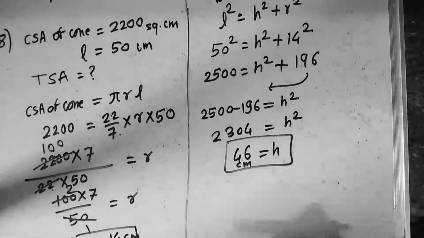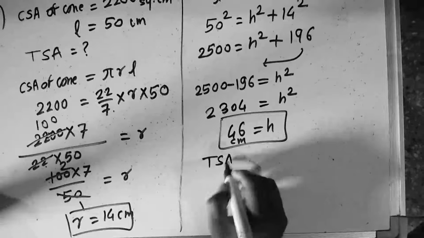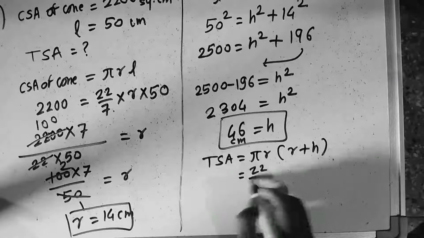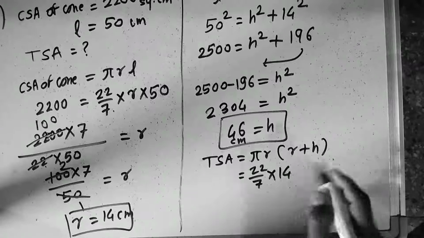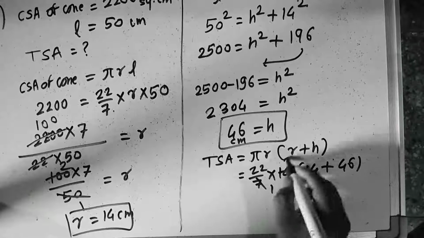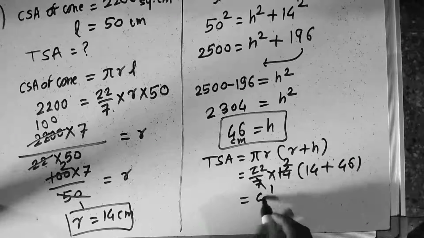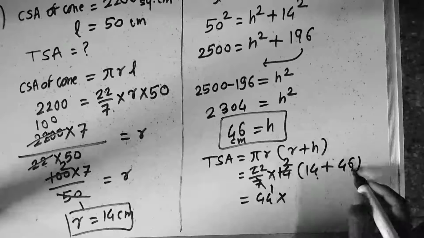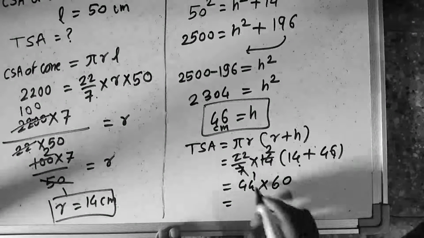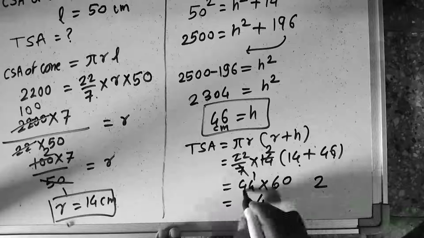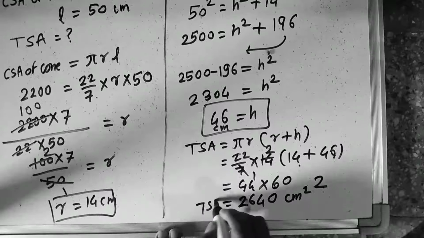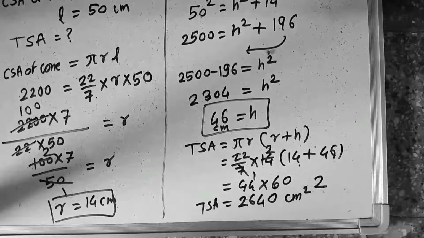Now which value can you find? Yes, the total surface area. The total surface area is pi r in bracket r plus h. Pi's value is 22 by 7 multiplied by the r value, which is 14, plus the h value, which is 48. 7 ones are 7, 7 twos are 14, 2 twos are 44, multiplied by 14 and then 48, it is 62. So can you tell me what the answer will be? 6 fours are 24, carry 2, and 2 6, and the 0 centimeter square. It is the total surface area. I did it very fast, but you have to do it like this.